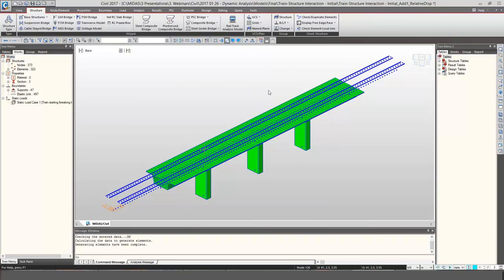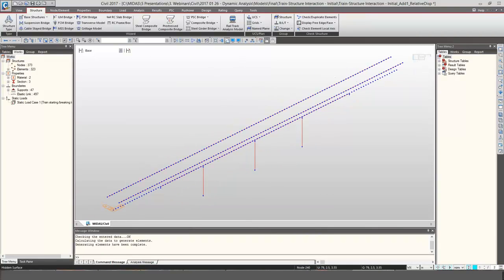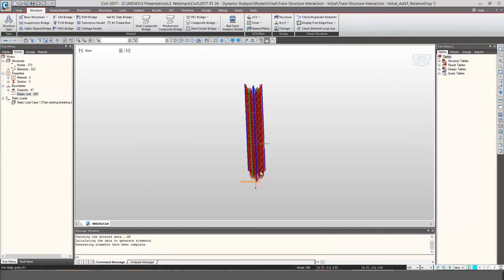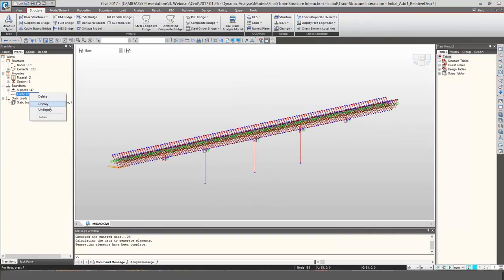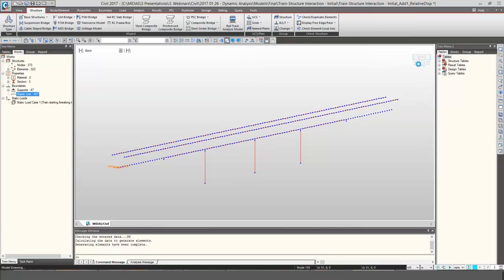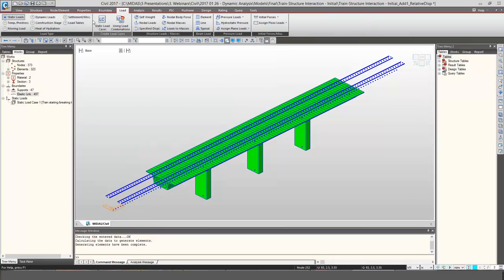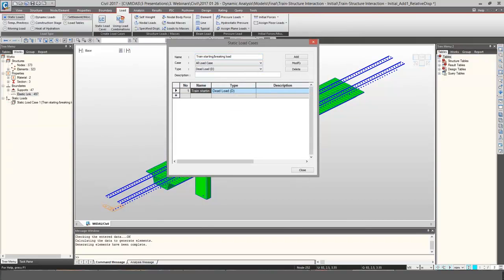So now I'll simply click OK, and I have my geometry generated. As I said, I have the rails here and the connection between the rails and the deck. Now I will simply modify, just for simplicity, I will consider self-weight and superimposed dead load, so just two static load cases. Now I will change the name of this static load case to self-weight,